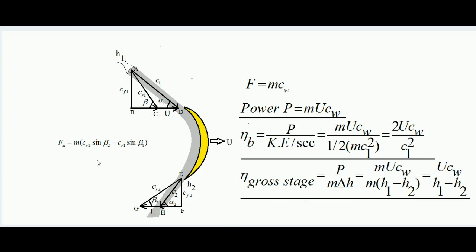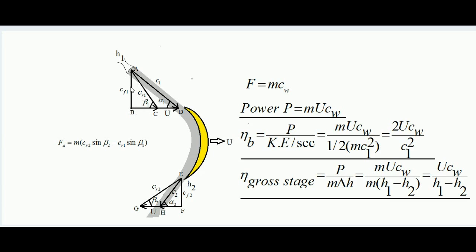Now what is the vertical force developed over the blade? See, we have talked only about the horizontal force developed over the blade. Vertical force is simple, the momentum change in vertical direction is the vertical force applied over the blade. So at the outlet, the vertical component of steam velocity is Cf2, that is Cr2 sin beta 2. So m Cr2 sin beta 2 is the momentum of steam at the outlet of blade in vertical direction. Similarly, at the inlet, the momentum in vertical direction is m Cf1, but Cf1 is what? Cr1 sin beta 1.